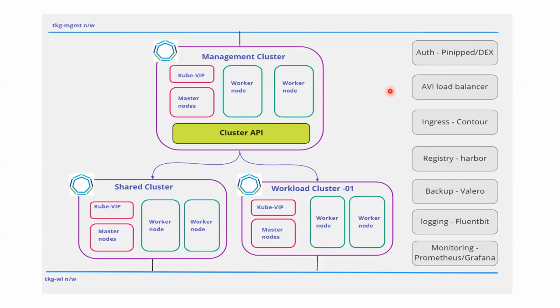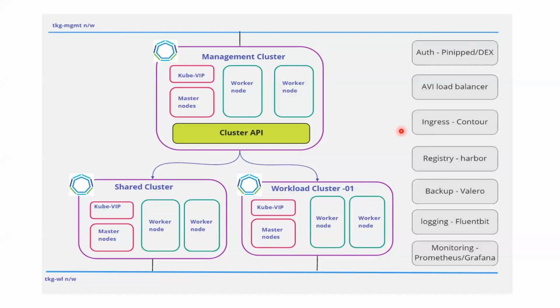And then you have the AVI load balancer. I think we have discussed this a little earlier. So basically, this is the one which is providing you the load balancing capabilities. But in case you do not have AVI, you have other load balancers such as F5 or open source tools like MetalLB, which can do it, or in cloud environments, the cloud native load balancers that are available as well. And the next thing I'd like to talk about is probably the ingress.